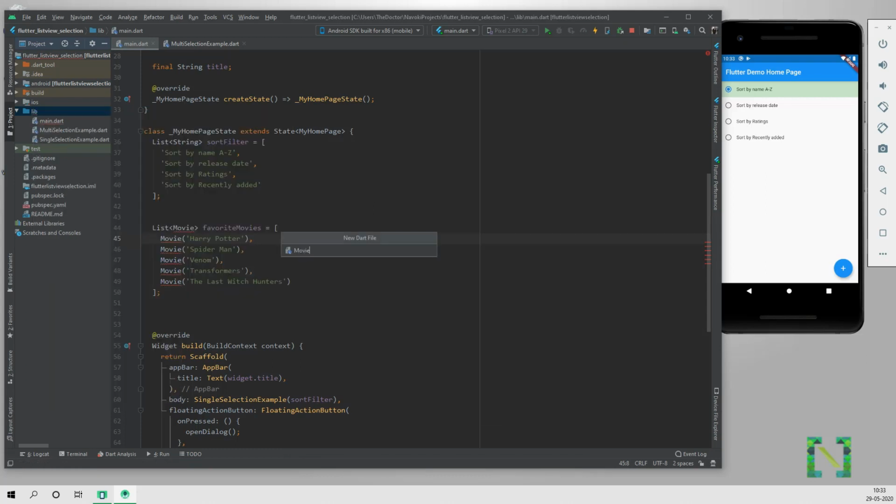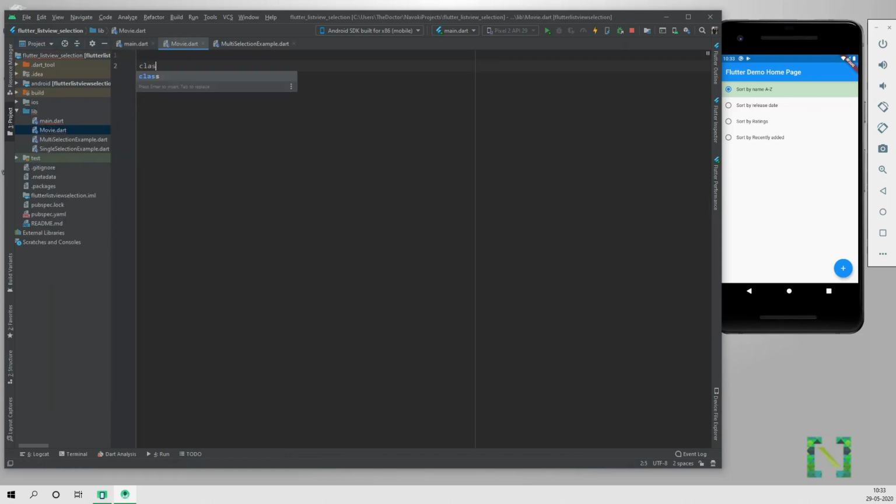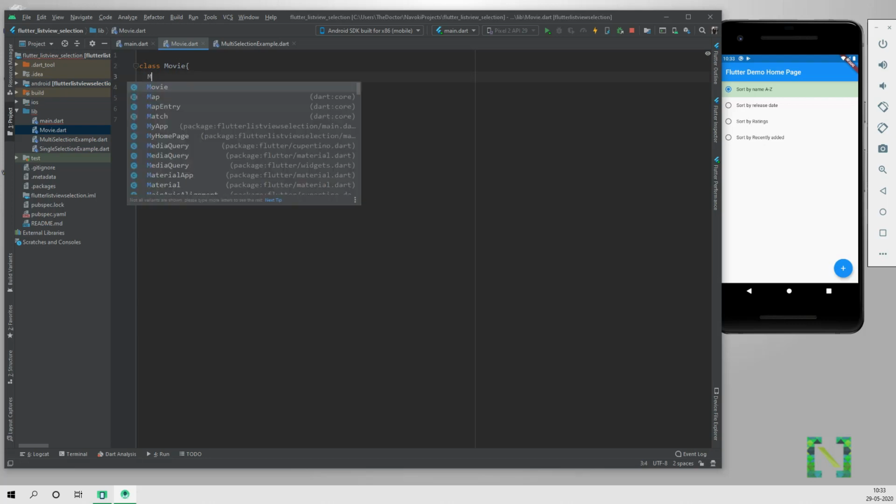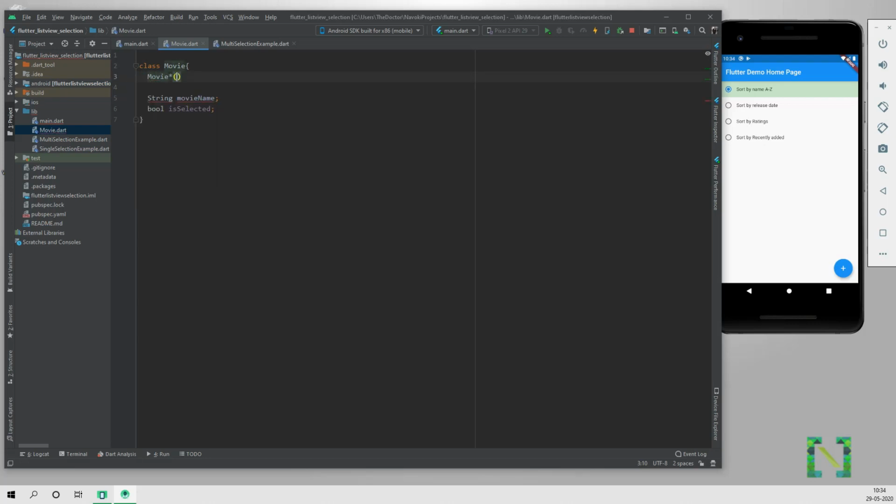For this I am declaring a movie class here, which will have a movie name, and a boolean variable which will store whether a particular movie is selected by a user or not. By default, the object will be initialized by name and isSelected.